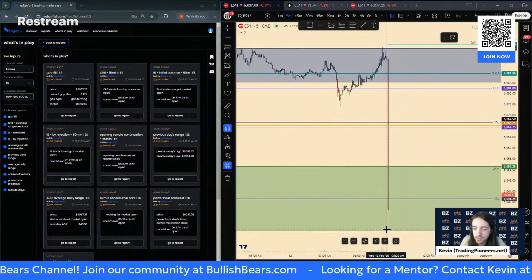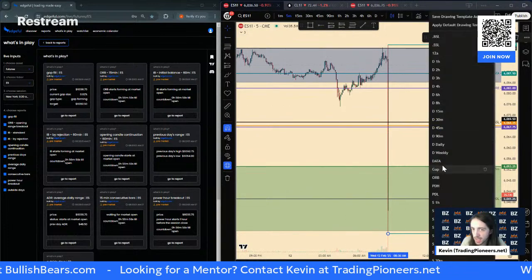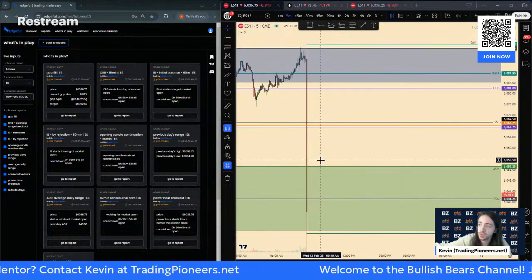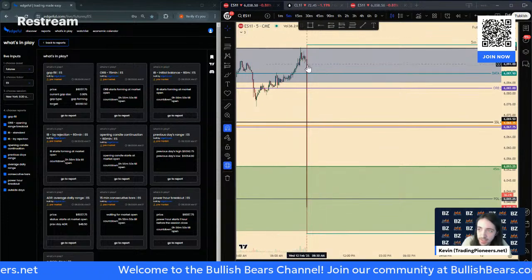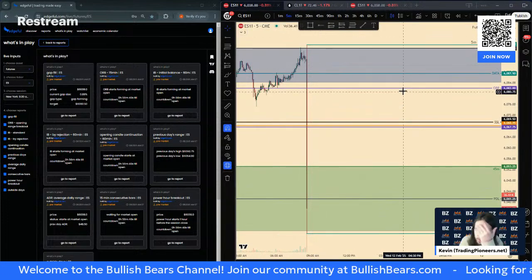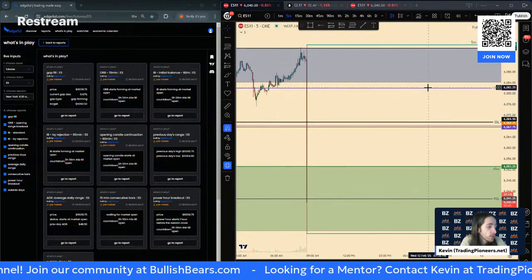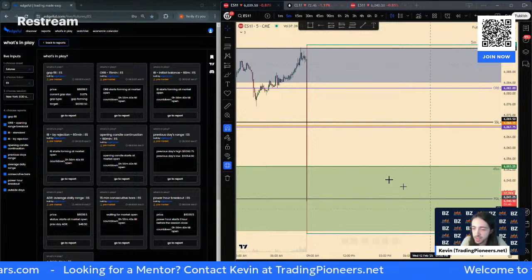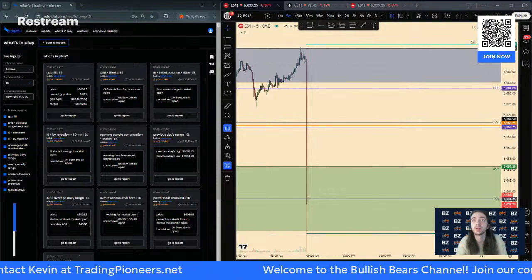Let's throw our data low in there just so we could get started and get an idea of that. We'll do data. Great. So now it gives us our range for today, right? So right now we're looking for 60.98 to 60.28. That's a 70-point range. So we're going to be patient, see how the market wants to react. You guys know one of my favorite setups to trade with data high and data low is to see if we could sweep one and reverse and head towards that other one.